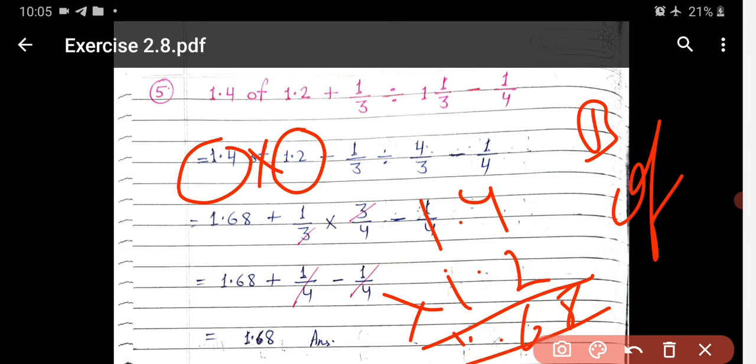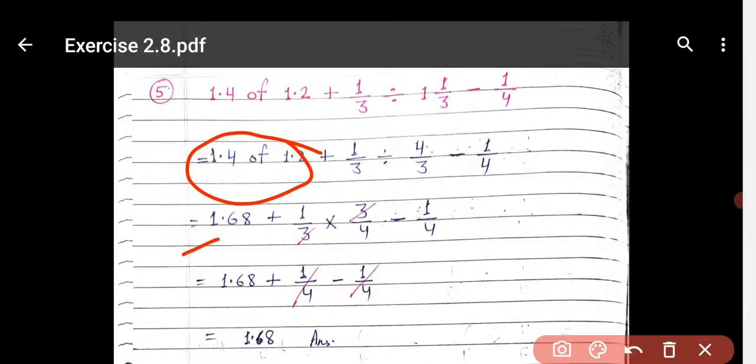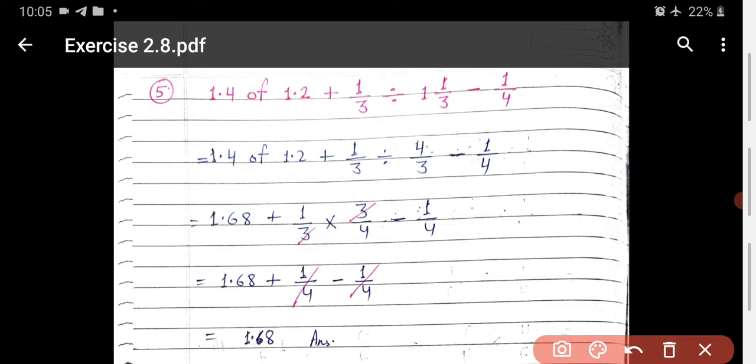So when you multiply 1 upon 4 by 1 by 2, what you will get here, you get here 1.68. How do you do that calculation? No problem, just do simple calculation, and after the decimal 1 digit, after the digit 2 digits are there, so from the back side you have to put the decimal after 2 digits. So you will get 1.68 when you multiply this one. So off you solve. Now you have to solve what? Divide. So just divide is here, so divide you have to convert to multiply, the number will reverse, it becomes 3 upon 4. Cut 3 by 3, it becomes 1 upon 4 minus 1 upon 4. They both are same now, 1 upon 4 positive, 1 upon 4 negative, so you have to just cut it. So your answer is only 1.68. It is your final answer.